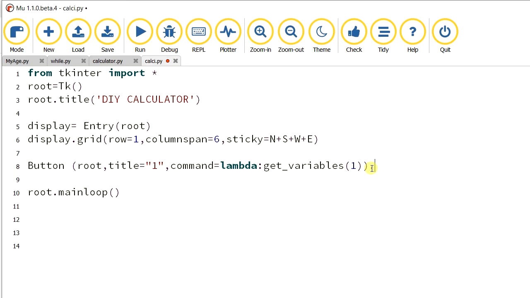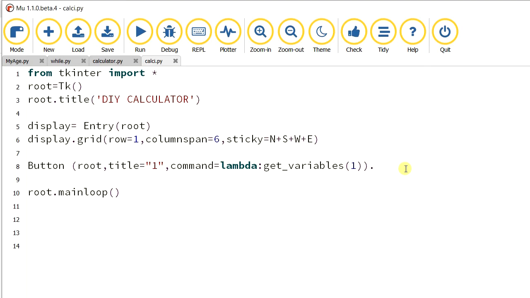So within the root there are grids. It has rows and columns, as I said, when using the display. In the first row we are using the display line. In the second row we are going to place the buttons: 3 number buttons and 3 operator buttons, as I showed earlier in the sample output of our project. Whatever model you need you can do, but I am planning to place 3 number buttons and 3 operator buttons. It looks somehow neat, that's why.